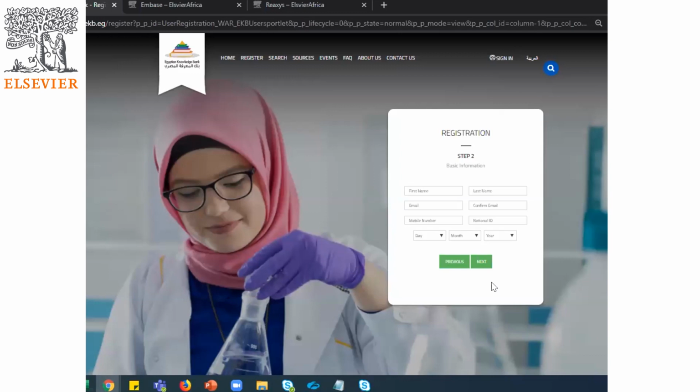And the last thing I would need to add in here is that this entire website does not work outside Egypt, since I'm based in the Africa office in Cairo. This is why I'm able to show you how EKB looks like. Andre and Alexei cannot get access to ekb.eg because this website only works within Egypt.